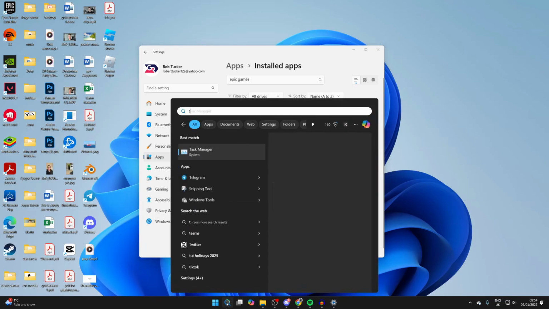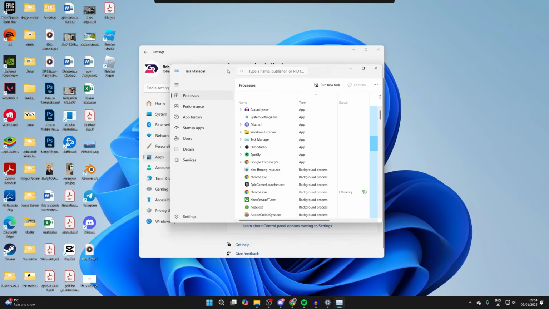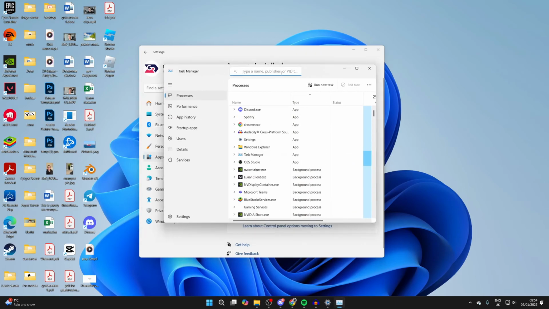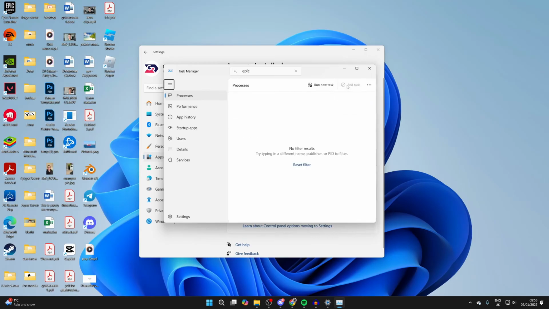So to fix this, you need to come down to the bottom of your computer, click on search, and type in Task Manager like so. Now you want to go to the top here in processes, tap on the search and type in Epic. Now you need to find Epic Games Launcher. Select it and click on End Task in the top right like so,